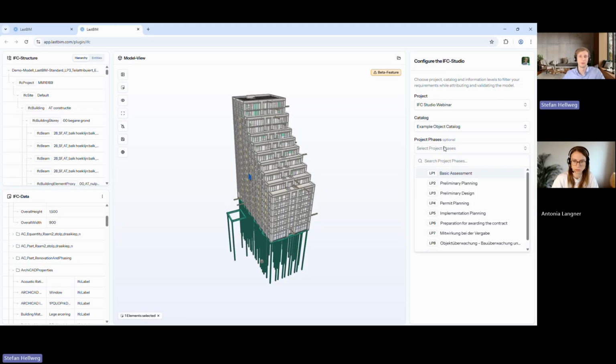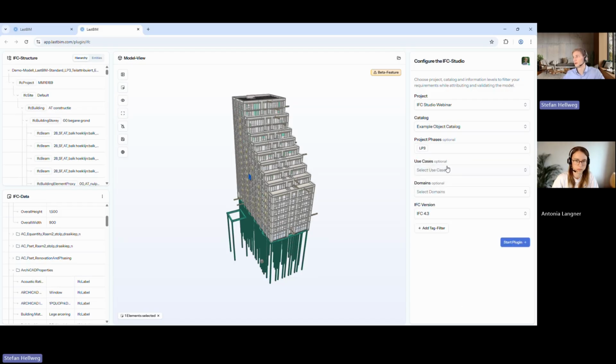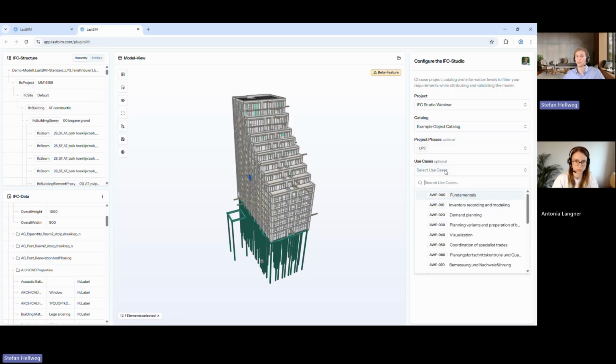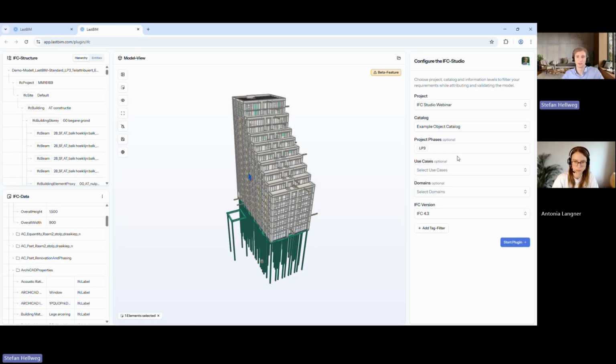For example, if we're in project phase 3, we don't have to deal with requirements from the later phases yet. Similarly, for this catalog, also use cases have been defined and assigned to the attributes. So I could now retrieve, for example, only attributes specifically needed for the use case, fundamentals, or demand planning, and then check or attribute the model accordingly. For now, I'm just going to remove this filter and ignore use cases and retrieve all of the information requirements